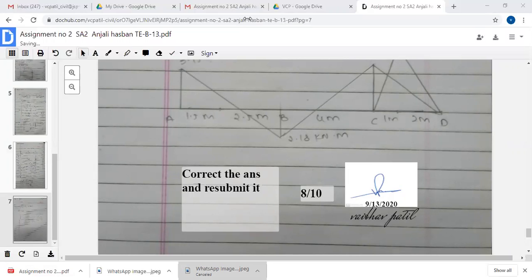So see, all the assessment tick marks are there in that one, wrong and correct answers. Okay, and at the last, if you have to write on this one, means the sign, date, and the marks, and your suggestions are to be given at the last. So I think it is understandable to all. And if you have to do the online assessment, please refer to the video and you have to do your task. Okay, thank you.